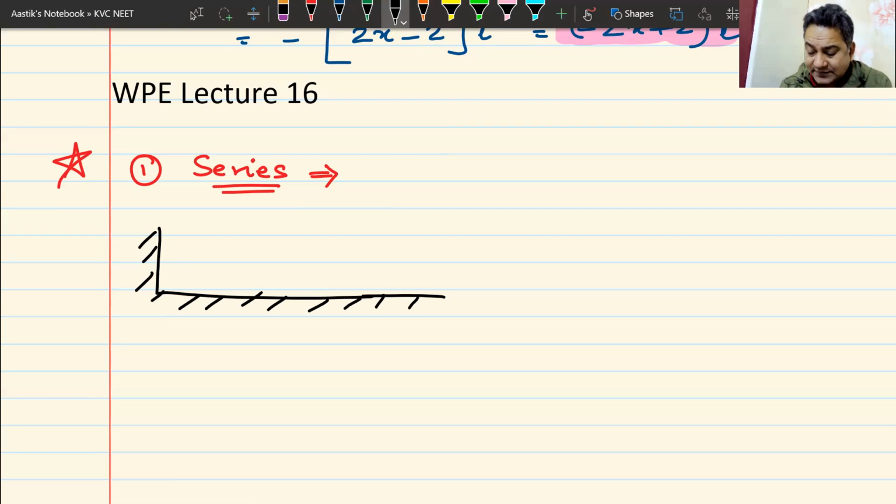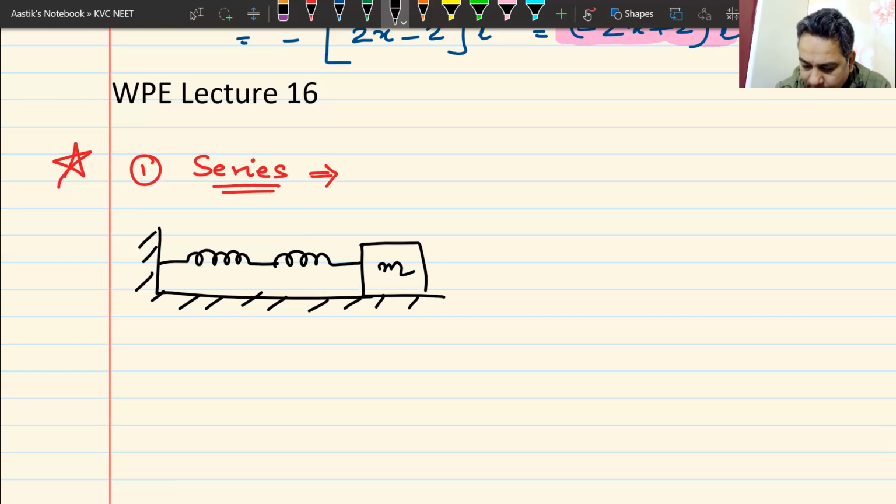So, what is this series combination of springs? If I have two springs of force constant K1 and K2 attached like this, two springs K1 and K2 attached one after the other. Now, in this case, what happens? Remember, if I move this block by a distance x,